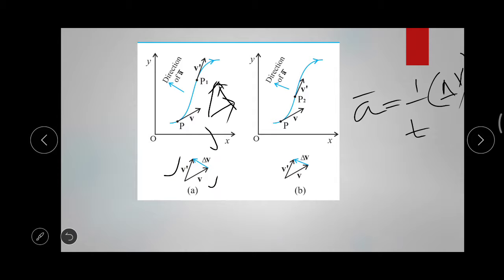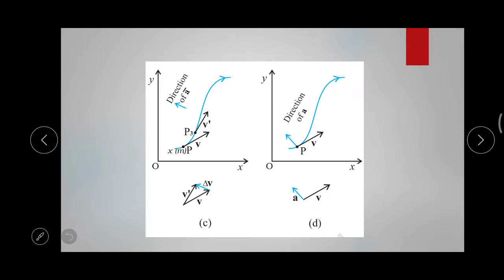Now we are just reducing the time interval. That means delta t is tending to 0. We are reducing delta t in such a way as to reach 0. In that case also, the direction of the acceleration and the change in velocity are both in the same direction, but the magnitude is decreased. And again, if you go further, the delta v value is again in the same direction. The time interval we have considered in this figure is also getting reduced in such a way as to reach delta t equal to 0.